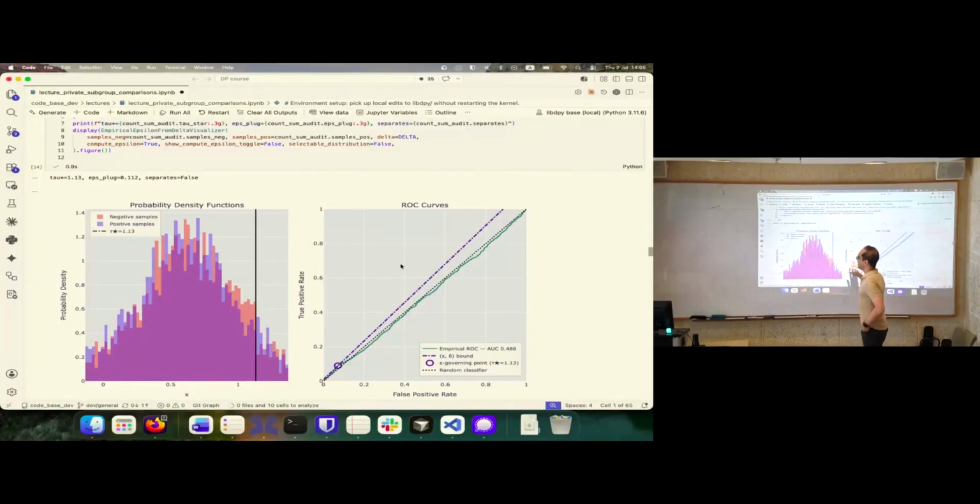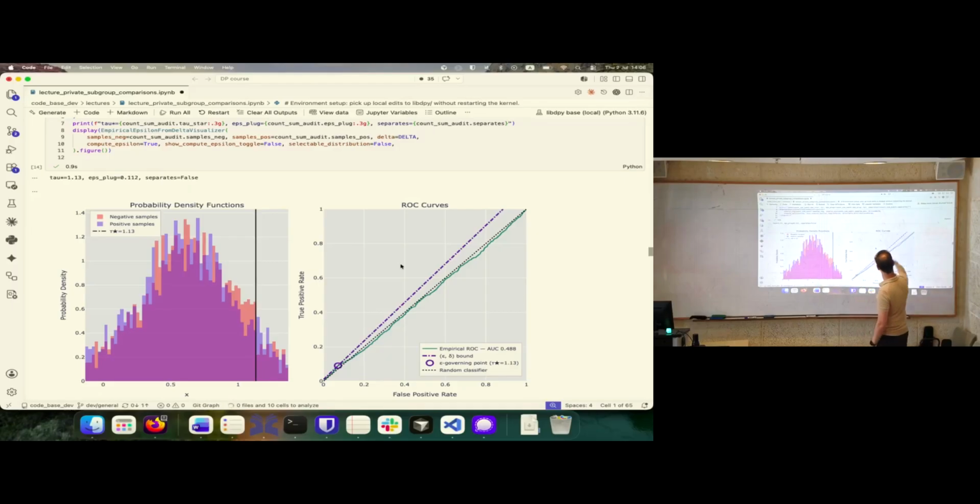In those more tricky mechanisms, I'll no longer be able to show you the ROC because this is no longer an analytically expressible curve. So what we have here is privately estimating the mean, the sum, privately estimating the numerator, and then computing the ratio.